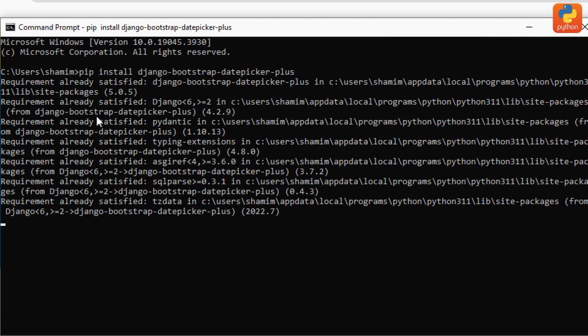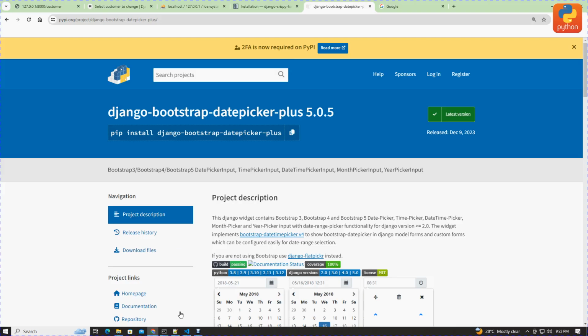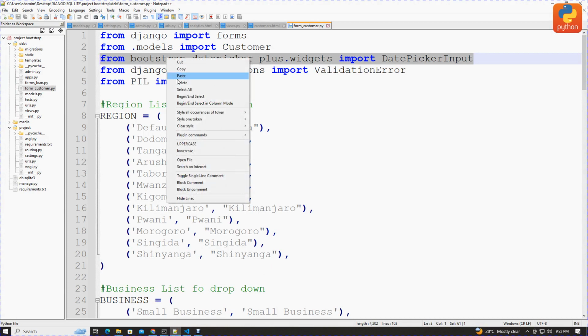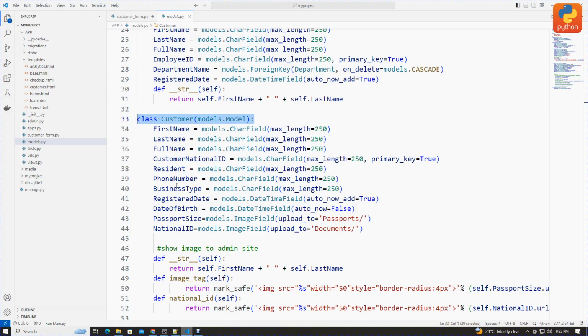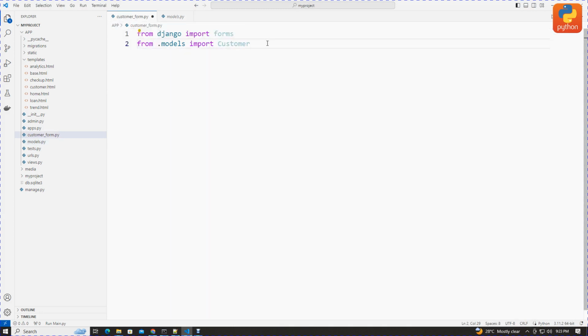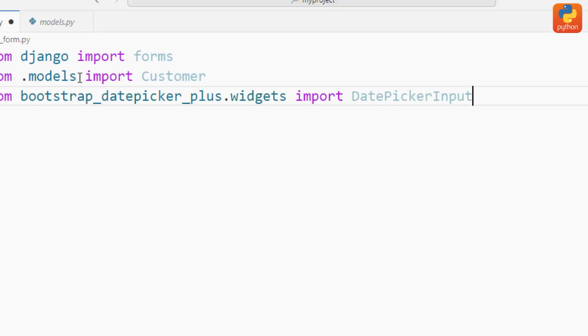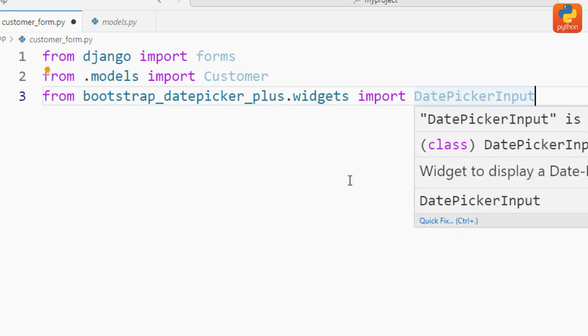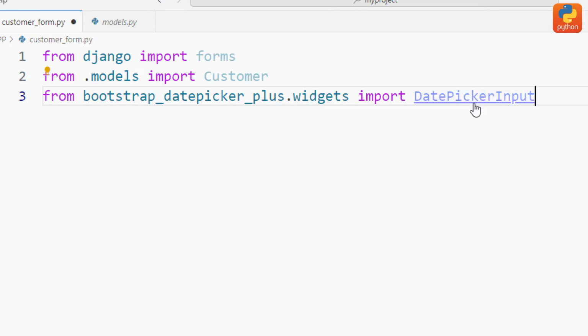For me it just says the requirements are already satisfied, no need to install, but you will install it. After installing, you come to the source code. You can copy this from the source code, then come to the project, customer form, and paste it. So from bootstrap_datepicker_plus.widgets import DatePickerInput. Now if I hold the control key and click on it,